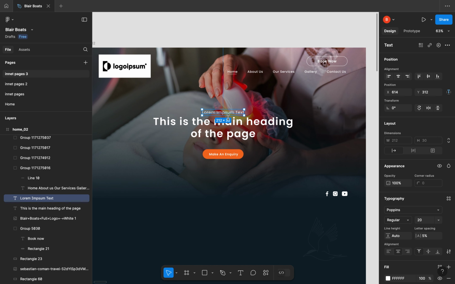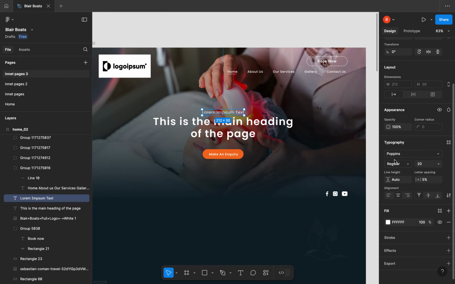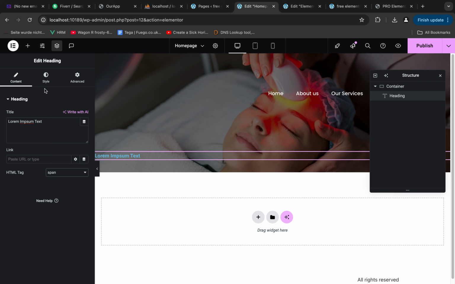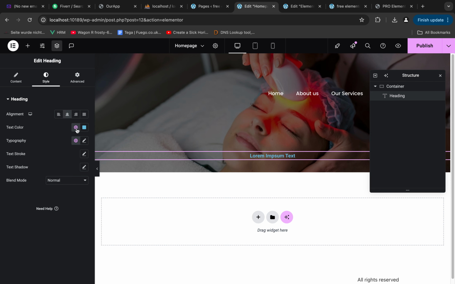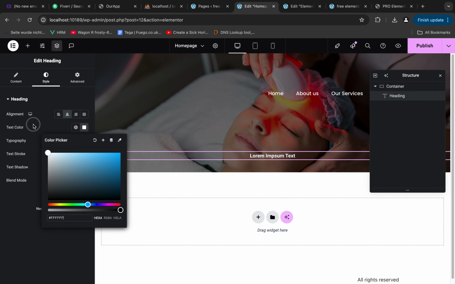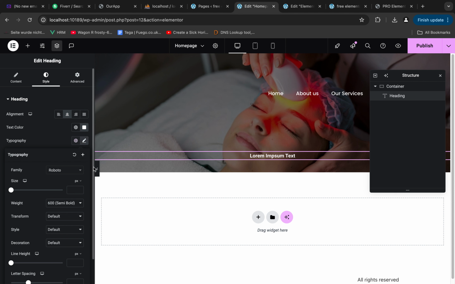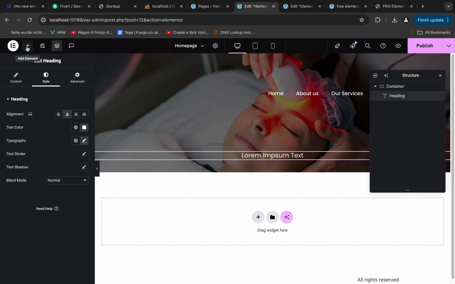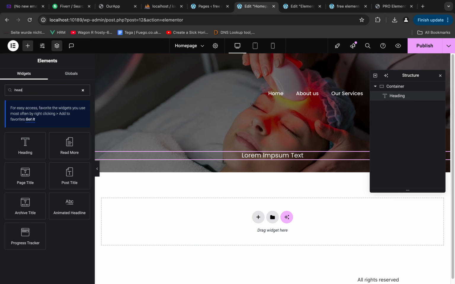Okay, and it's Poppins, font size 20 pixels. And it should be 400, I guess. Yeah, that's correct. And we need to add heading level 1,